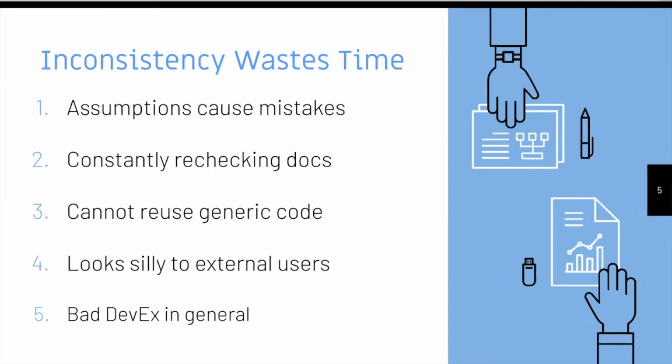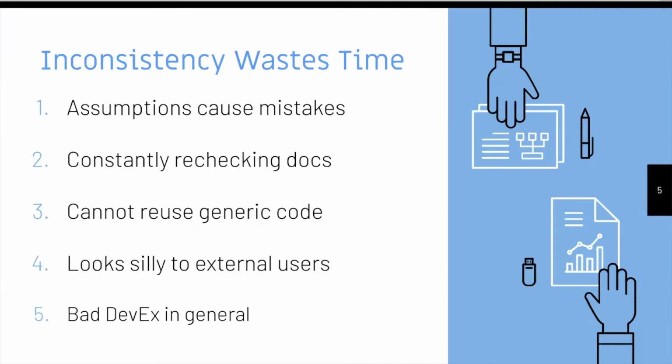So when you have a bunch of wacky inconsistencies, people can get used to the way that API 1 might work, and then they'll try and use API 2 in a similar way, and they'll just get tripped up all over the place, and they'll waste a bunch of time constantly checking documentation, and they won't be able to write generic code that works with a lot of your ecosystem or a lot of your APIs. They'll have to write special custom code for every single interaction they do, and that's just going to waste everyone's time.